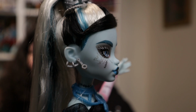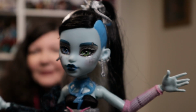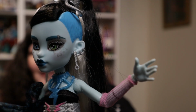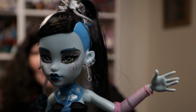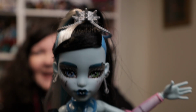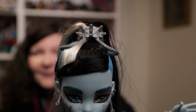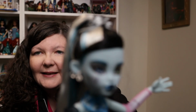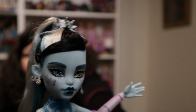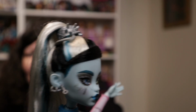They have sprocket kind of earrings, also with a wrench, and then another sprocket that's kind of attached to a chain. Let me know what kind of tool it is. I don't know tools. And then they have a high ponytail, which is a bit staticky, but you know what? It's Frankie, so I feel like it works. They have black and white hair, a little bit of blue in it,